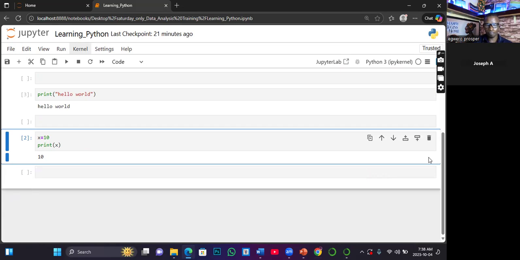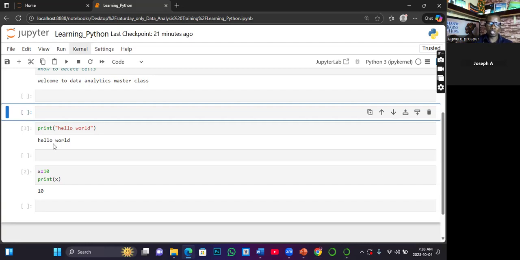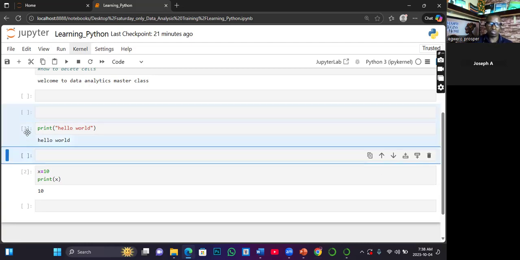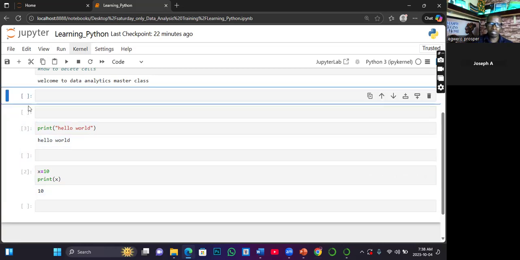That has automatically cleared it up. But if you want to select some specific ones or a series of cells and clear them at once, you use that same method. Click here, then hold down the shift key while you select the ones you want to delete.